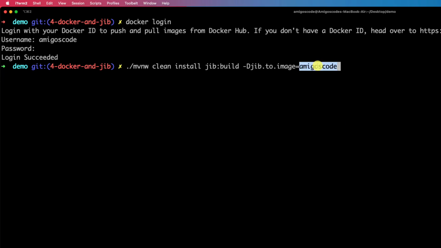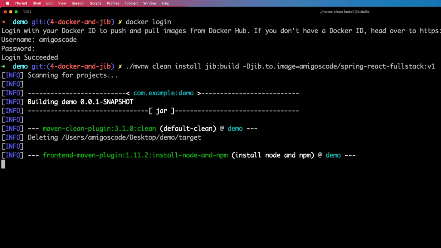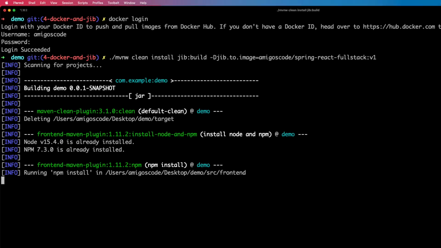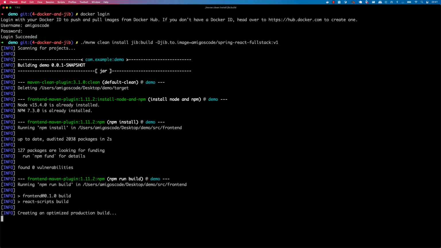So my one is Amigos code and then / and then here I'm going to say spring-react-full-stack, and then this will be :v1. So this will be the version 1 of our application, and there you have it. So now if I press enter, this will perform a clean install and then build using Jib, and then